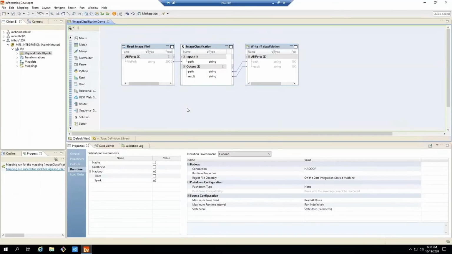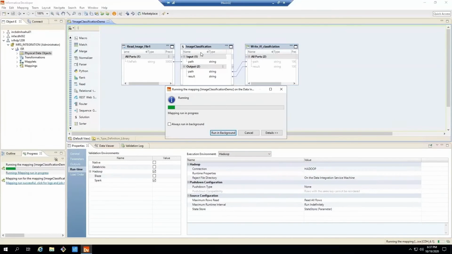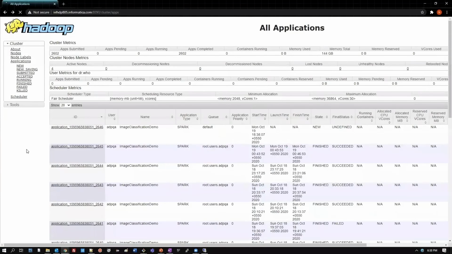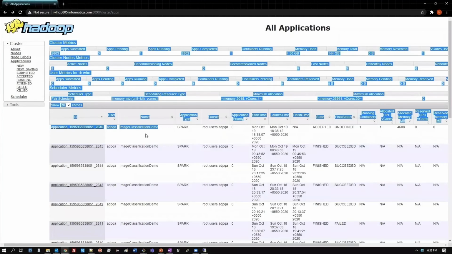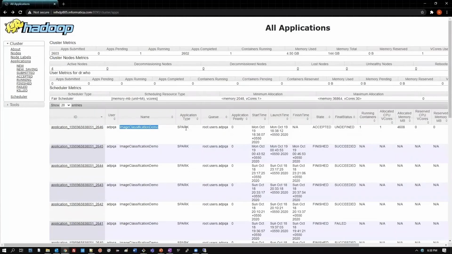So after that, we can go back to our data engineering platform, and without doing any modification in the mapping, we can just rerun this mapping, and the solution transformation will take care of downloading all the required binaries and updated models, and behind the scenes, it will transfer those binaries to the cluster and make sure that the updated model is used for getting the predictions. And we can also see here in the Hadoop cluster whether the job is submitted or not. So this particular job just got submitted and it's running on top of Spark. So let us understand what happens behind the scenes when a job gets submitted from Informatica to Spark.